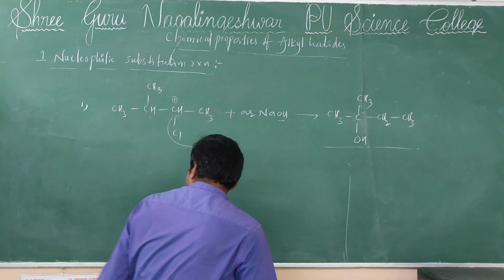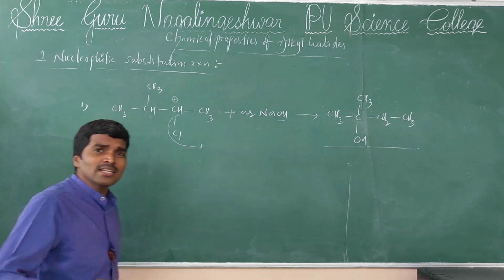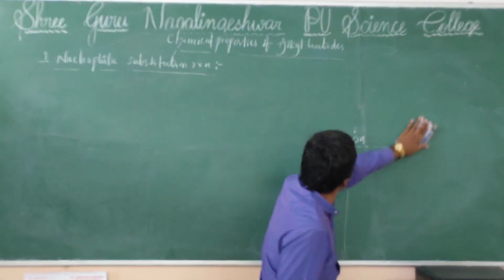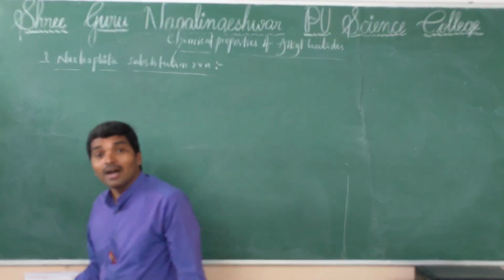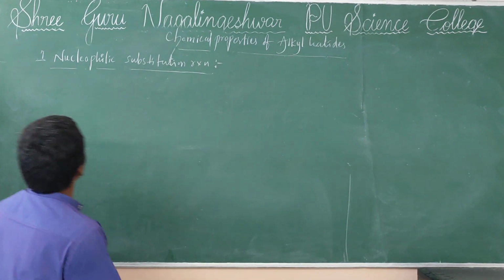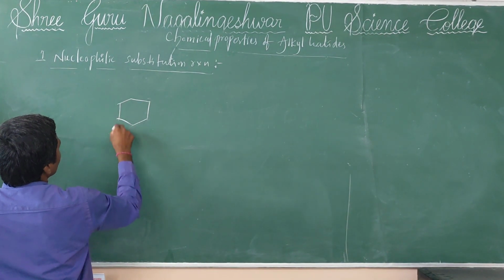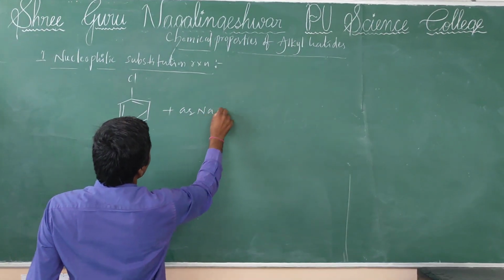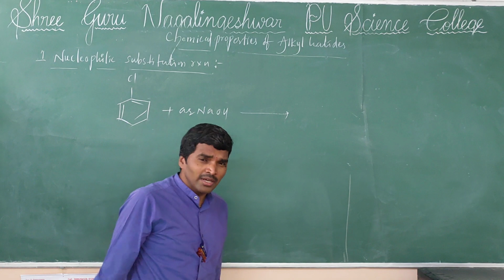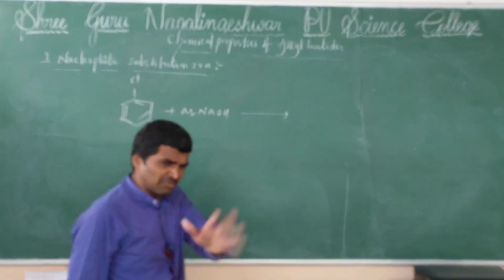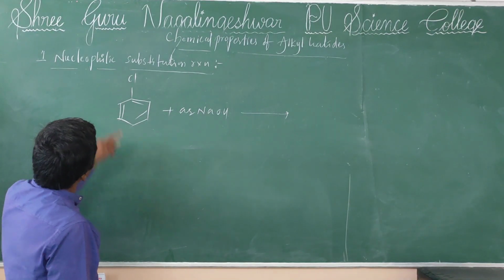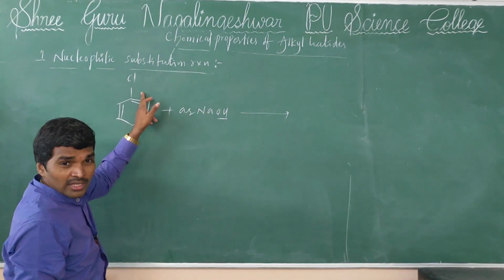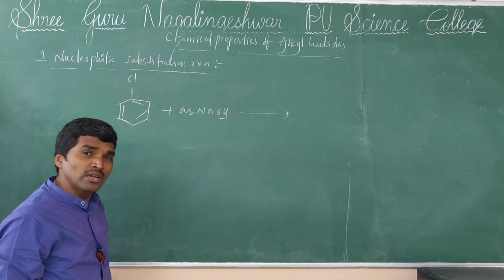Okay? Right. So next we'll discuss the nucleophilic substitution reaction in aryl halide. See, I am taking an aryl halide. This is chlorobenzene. Reaction with aqueous NaOH. Now you guess, does the reaction take place? No, never. Why? Chlorine is attached directly to benzene. Means OH does not substitute the chlorine from here. Why sir?